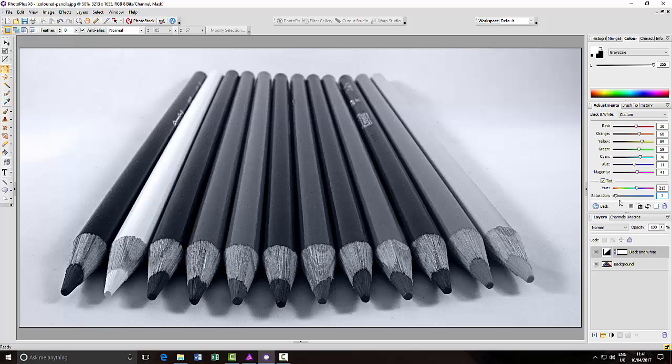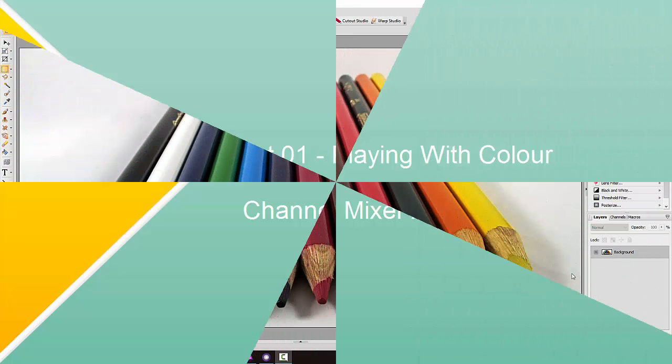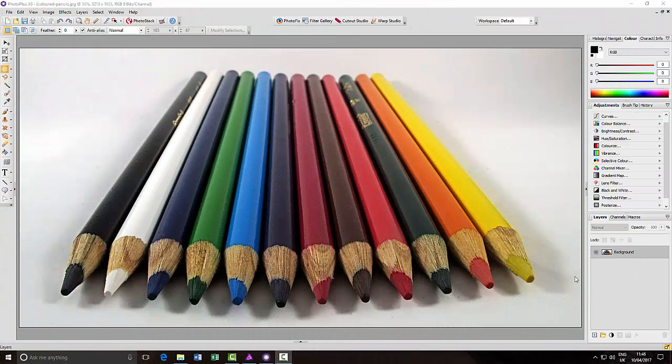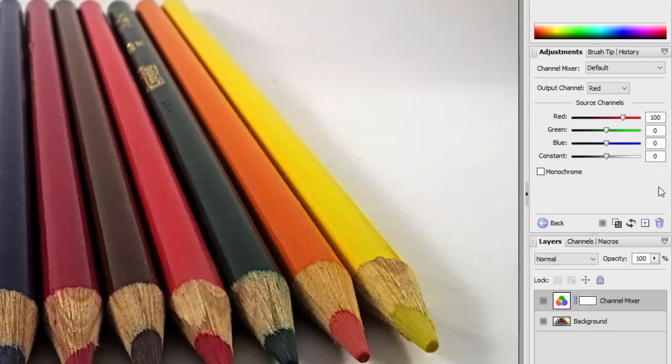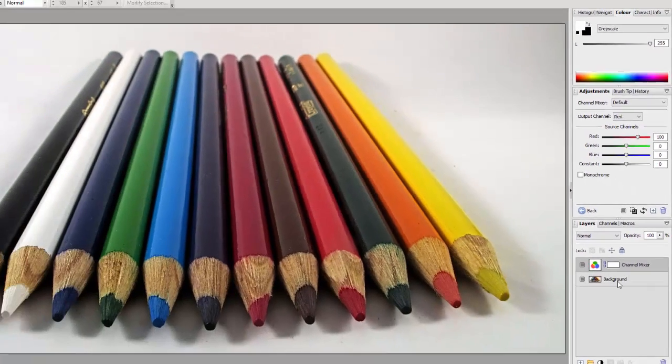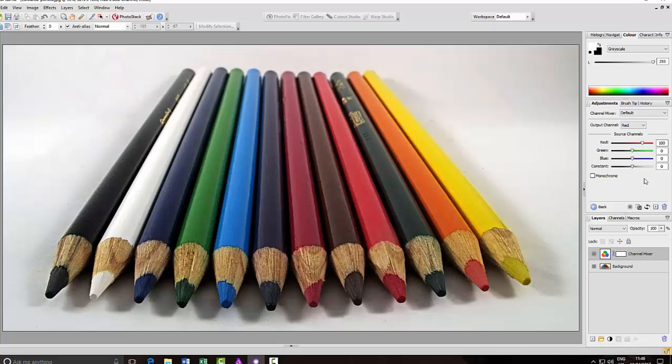So I'm now going to move on to the next adjustment. I'll just quickly delete these particular layers and I will be back. Okay, moving on to the next color adjustment, I want to look at the channel mixer. And in PhotoPlus, the channel mixer adjustment is this one here. So as you can see, we've got the options in this section. It has added the layer above the background, and at the moment it has absolutely no effect on the image